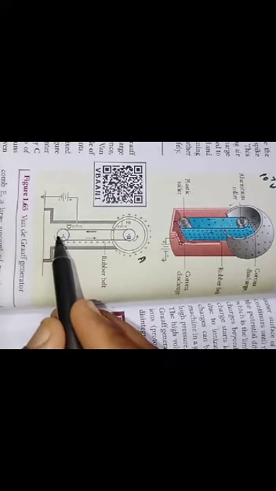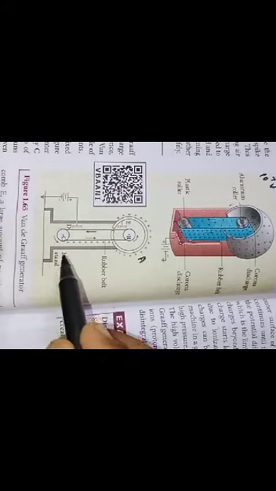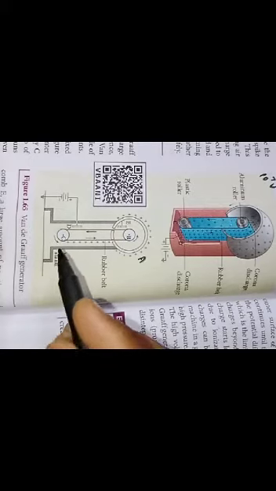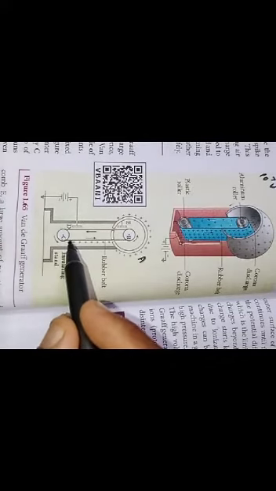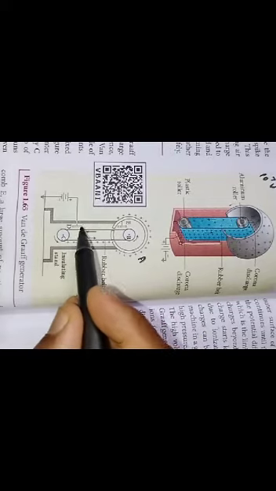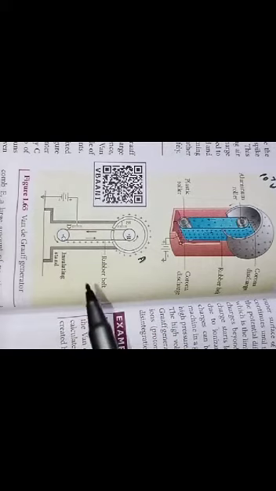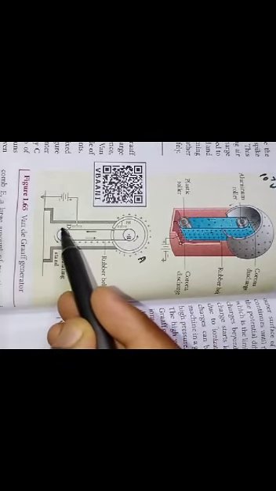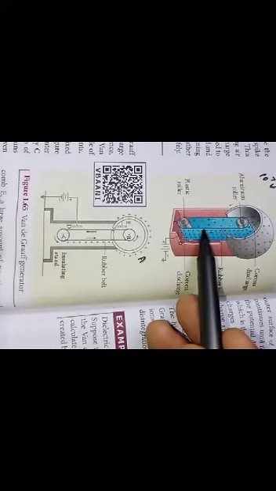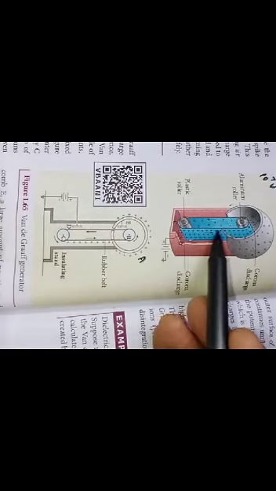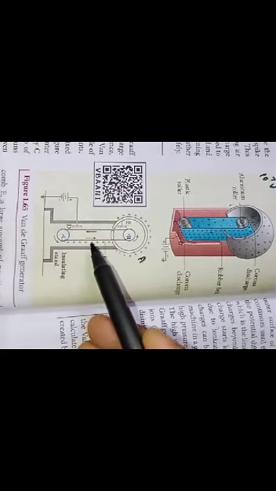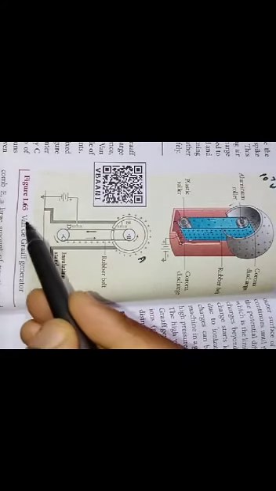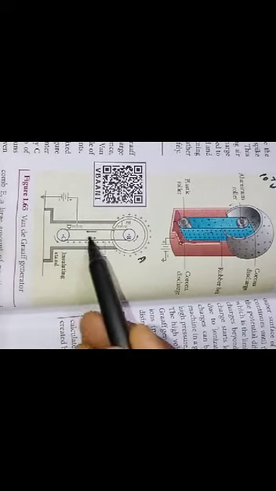The pulley C is connected to an electric motor, and a silk belt is placed over the pulleys B and C. When the electric motor is switched on, it drives the pulley C. This belt is made up of insulating silk, a rubber-like belt, and it moves over the pulleys B and C.